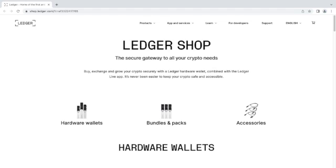In today's how-to tutorial, I will be showing you how to buy a Ledger Nano S Plus, a hardware wallet